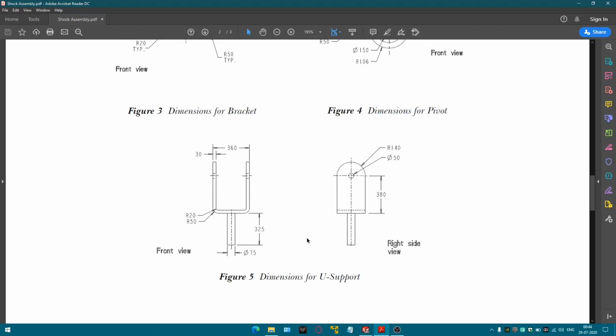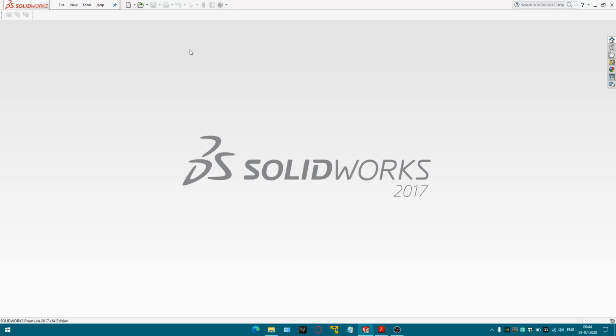Okay, so for the U support, we are given the front view and right side view. And as I mentioned in my previous video, we are going to consider that view of the part which is explaining all the geometrical details and all the dimensional details. So the front view will be the part we are going to start with. Okay, so set up a new file